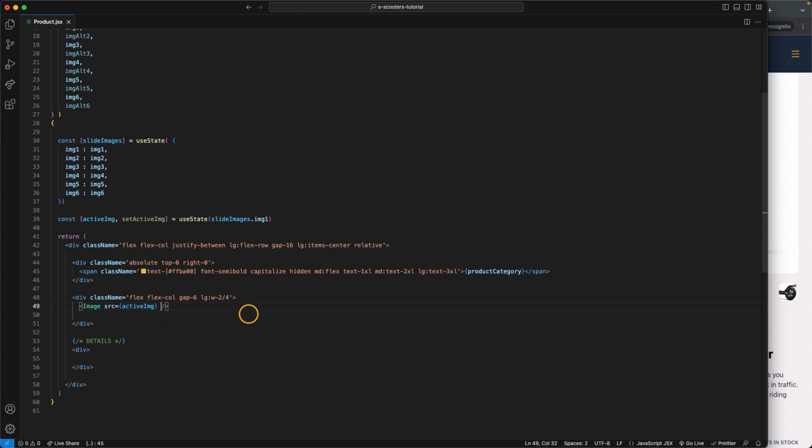The alt, this time I'm not going to pass anything, but I will show you how to pass it as a prop. We can just call it like urban e-scooter, whatever. We should not leave it blank, so good practices. I'm gonna say the width 500, the height 500. I'm gonna give it like a priority